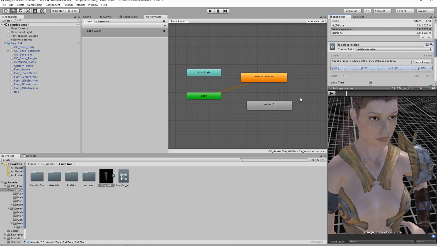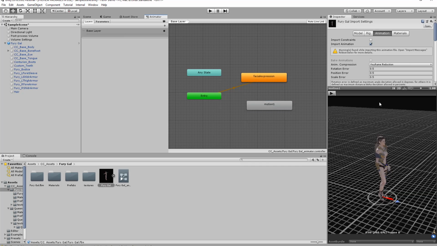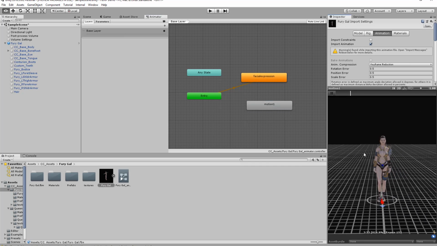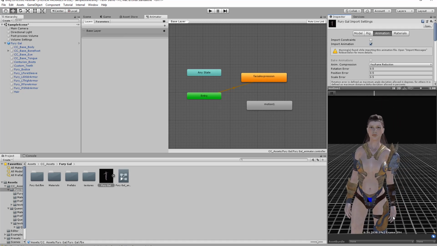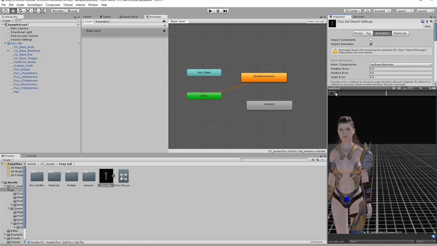You can test the motion one here as well. This animation is just the basic motion the character has without the facial animation, just a simple idle motion. So that's about all I want to show you here. Let's go back to our